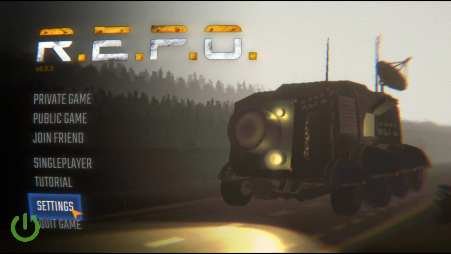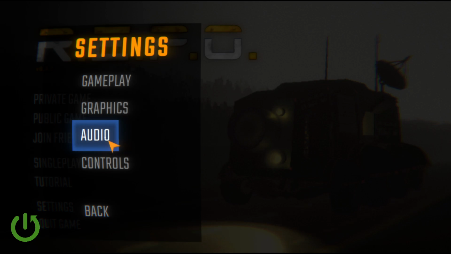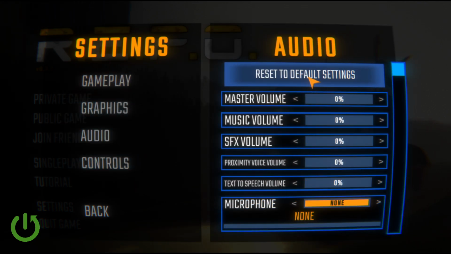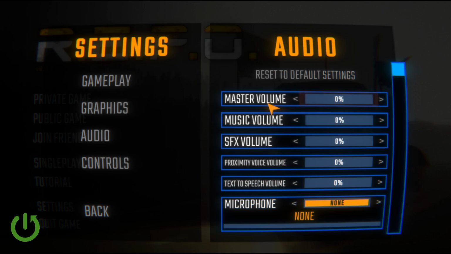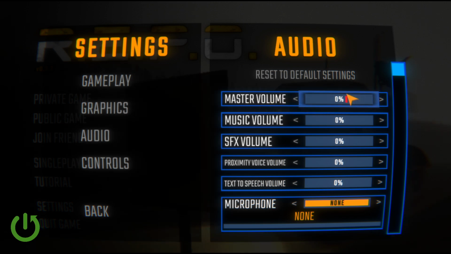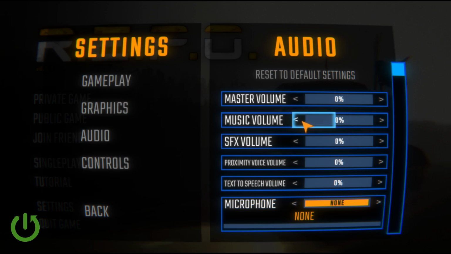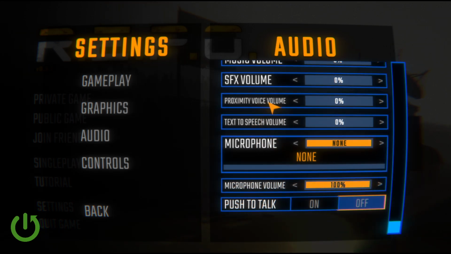Let's begin by opening the settings menu, then going into audio settings. Here you can reset those settings to the default, change the master volume. This setting is responsible for overall volume of the game, music volume is responsible for the volume of the music, SFX volume is responsible for the sound effects, proximity voice volume, it is responsible for the proximity voice chat, and